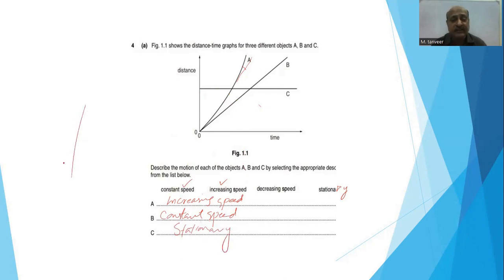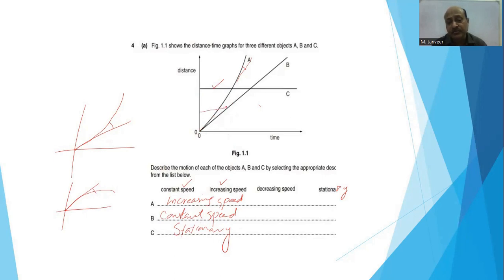Remember this: whenever you draw a tangent, and the curve is above the tangent, then speed is increasing. If the curve is below the tangent, then speed is decreasing. Here, the curve is above the tangent, so in the first case, speed is increasing. In this case, it is parallel to the x-axis, so the body is in a state of rest, and this is the constant